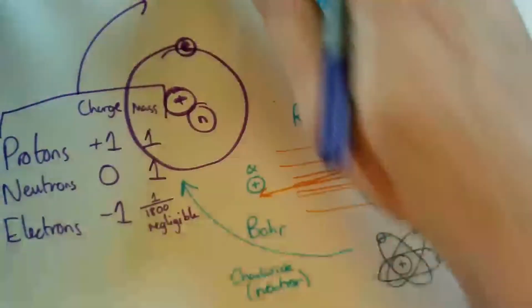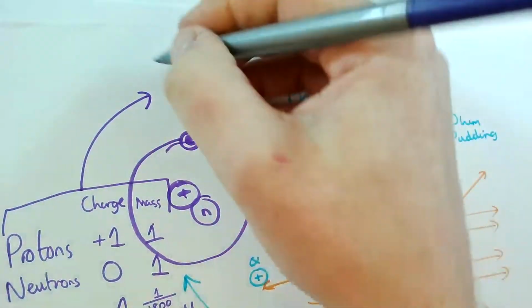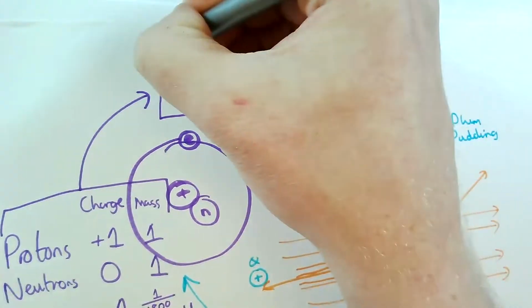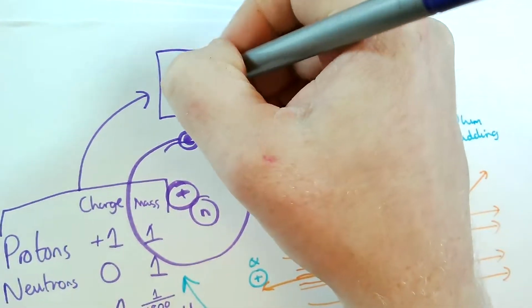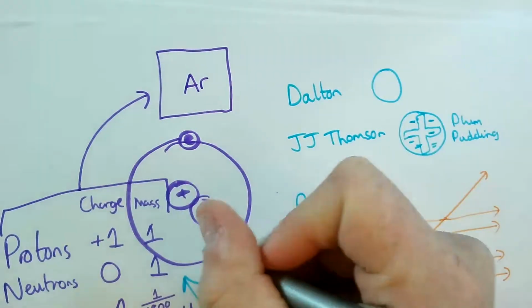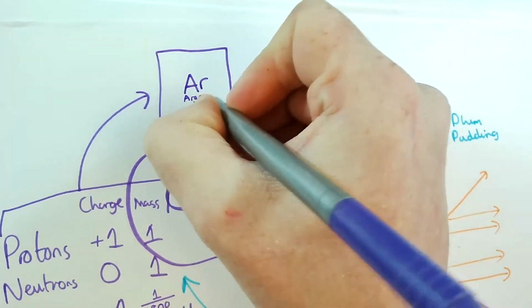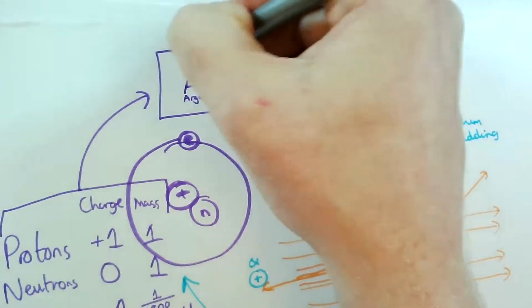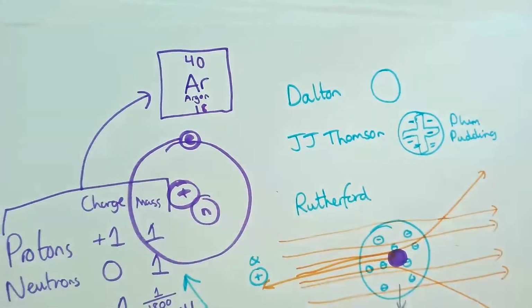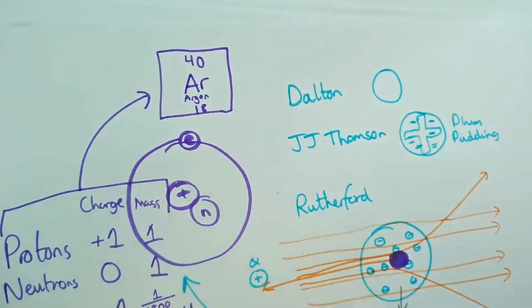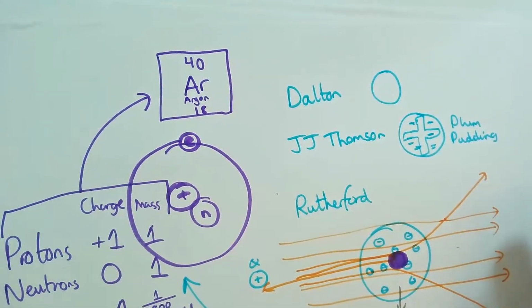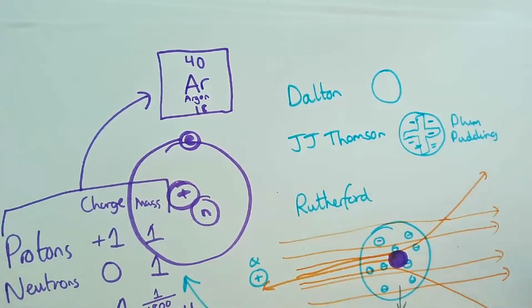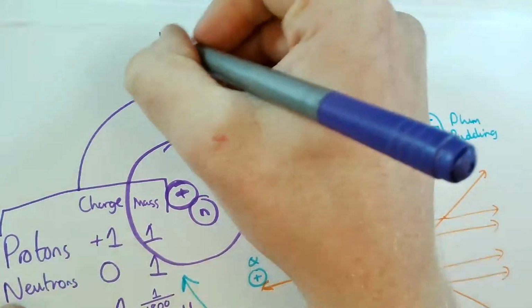Those stats then lead us to the periodic table, right? So when we look at something on the periodic table, you have your symbol. So let's pick argon. So you have argon written underneath it. And then you have 2 numbers, 1 at the top, 1 at the bottom. Okay. Now, I can't emphasize this enough. The periodic table you get in the exam literally has a key which tells you the numbers. So don't sit there panicking which number's which, right? There's literally a key, okay? So use the key.